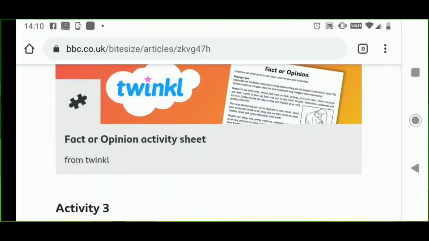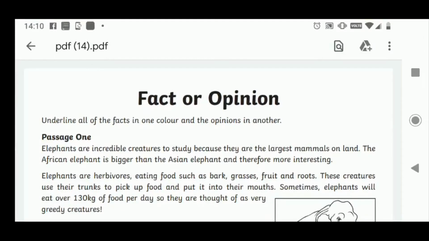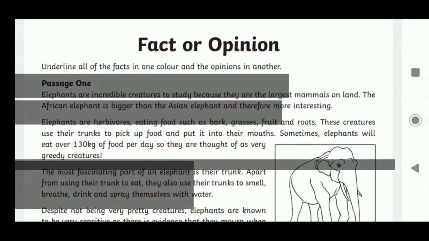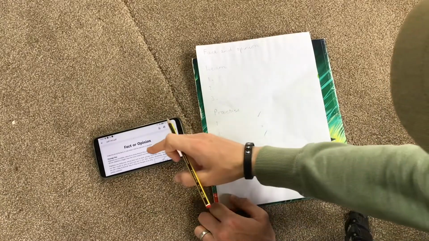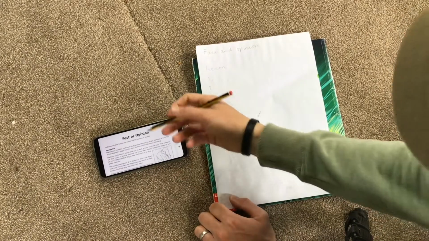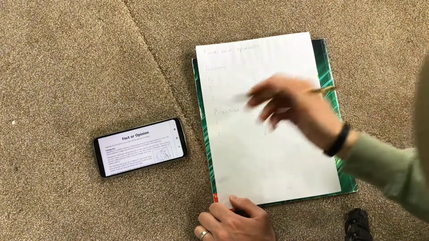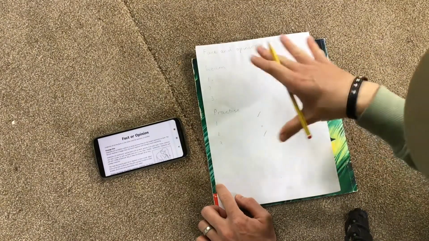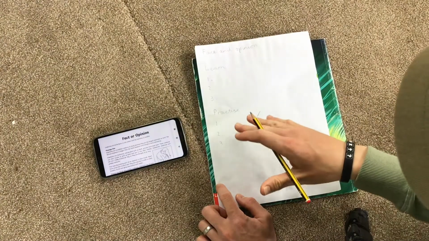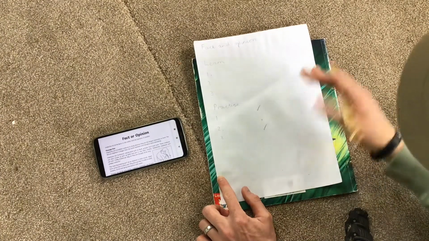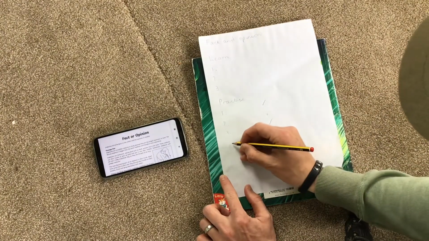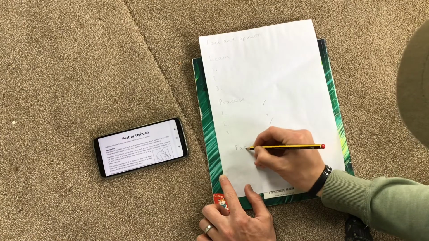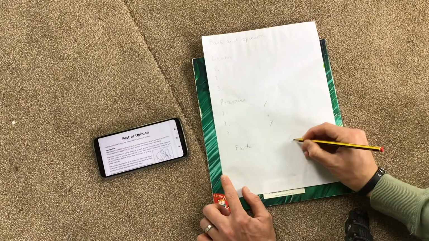This one's from Twinkle. I've clicked on it and then I've clicked download, and that has brought up a fact or opinion text. So for this activity here, it asks us to underline all the facts in one colour and the opinions in another. But if we haven't printed off this sheet and we're just using a pencil and a paper, then we've got to find a different way of doing it. Perhaps we could quite simply just have facts on one side and then opinions